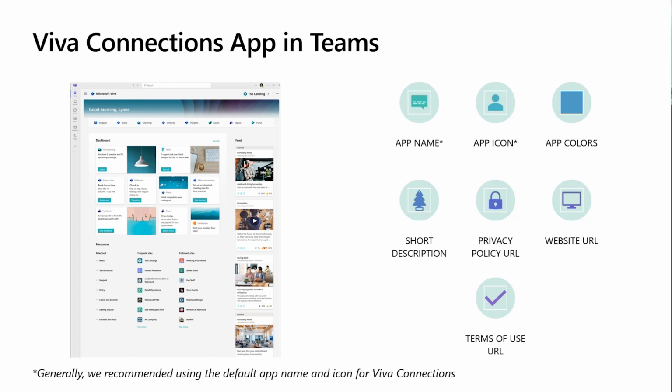You can change the app name and icon. So if your intranet has a name and you want to use that, you can. You can also change the logo. I've seen a few weird instances where the icon reverts back to the Viva Connections logo. That may have been a bug at the time and may be resolved. But in some cases, we just recommend leaving the Viva Connections name and icon there so that it kind of stays in branding, especially if you're using other Viva apps. But once again, that's just more perspective and not a requirement for sure.